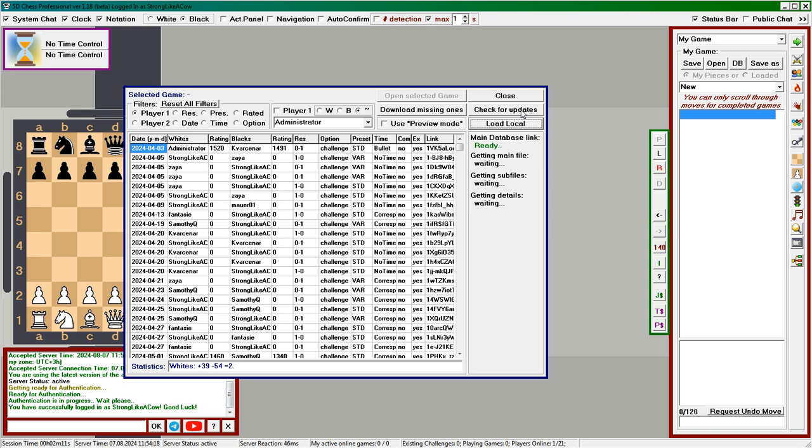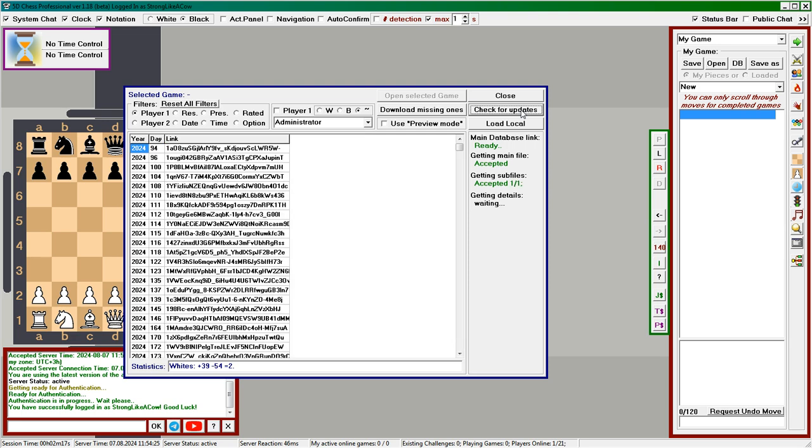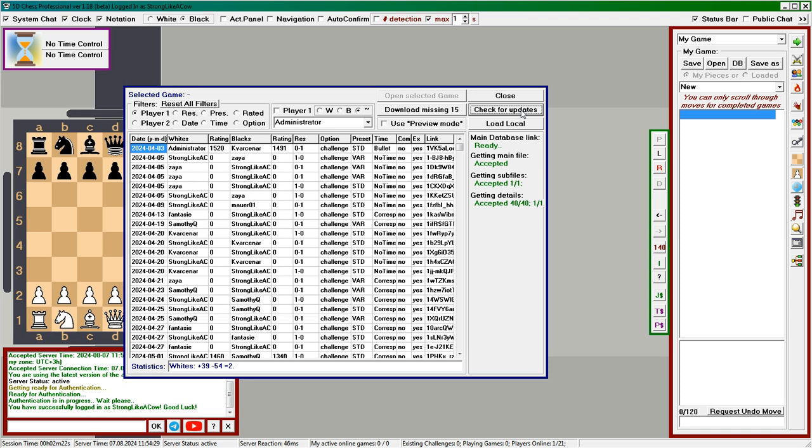After pressing it, the system will compare the existing local data with the data on the server. So you will need to wait a bit. Once the comparison is complete, the Download Missing Ones button will show how many new games have appeared in the game database since its last update. At the time of this video, the way game data is presented and downloaded from the server is not sufficiently optimized, and each game is stored in a separate file, and the files are downloaded sequentially. Therefore, this process can take a long time for a large number of files.